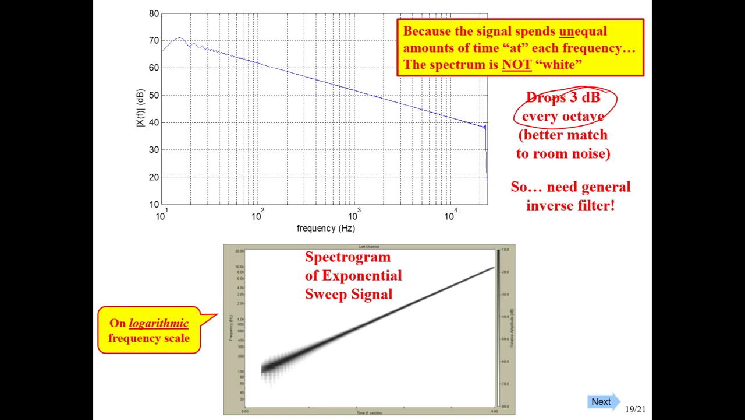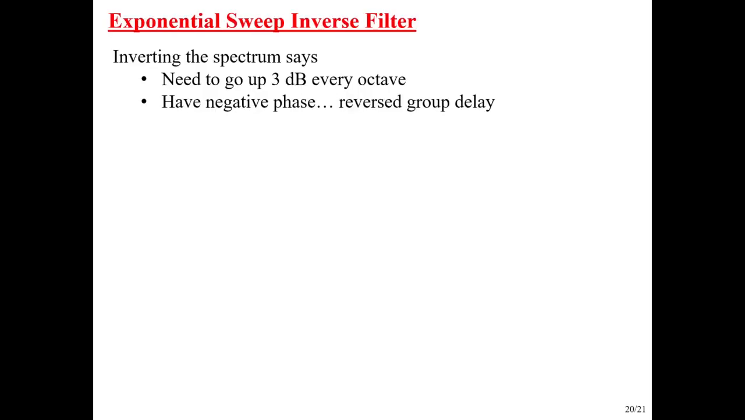This is what the spectrogram of that is going to look like. But notice it looks linear. That's because I've got my frequency axis on a logarithmic frequency scale. So this exponentially swept sinusoid will have a line on this spectrogram when the frequency axis is logarithmic. So, our exponential sweep inverse filter, we said that